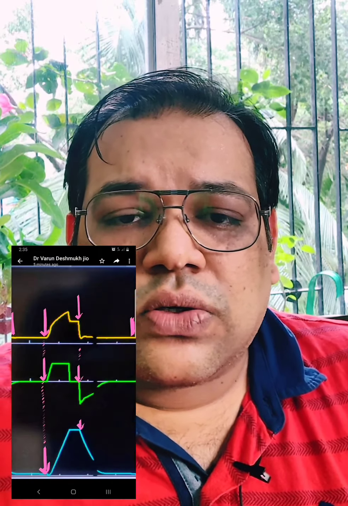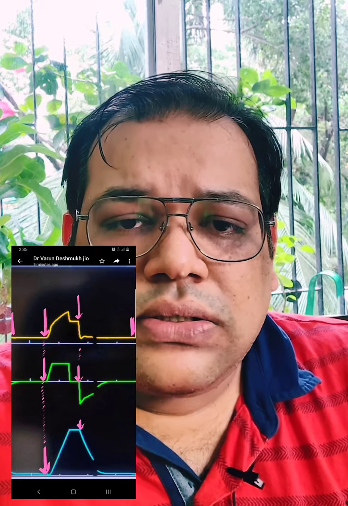The point or the variable which will determine when inspiration ends and expiration starts is called cycle. So now you can see in the figure where the cycle is. Cycle is a variable which will change inspiration into expiration. Cycle can be time cycle, flow cycle, or volume cycle. We will discuss examples in further videos of what the triggers and cycles are in different modes.